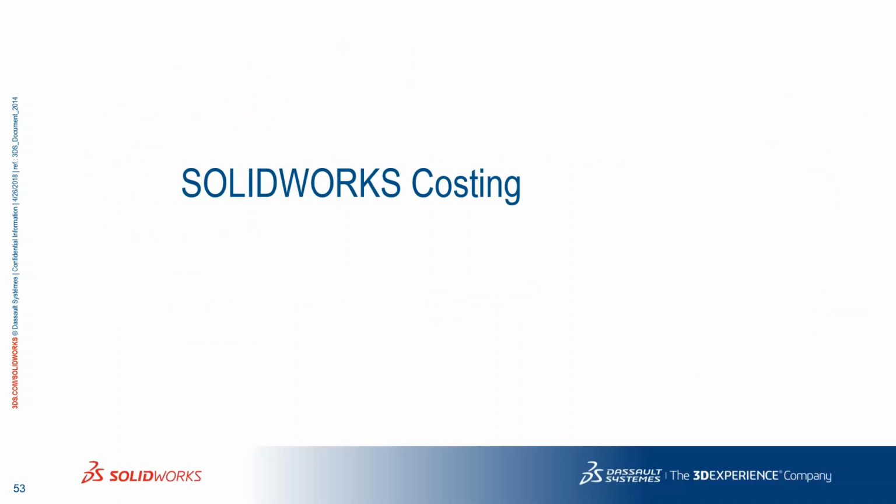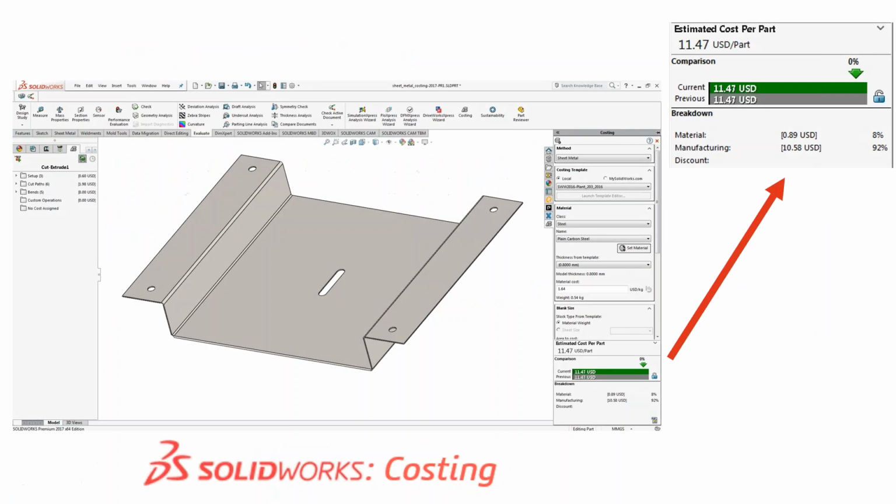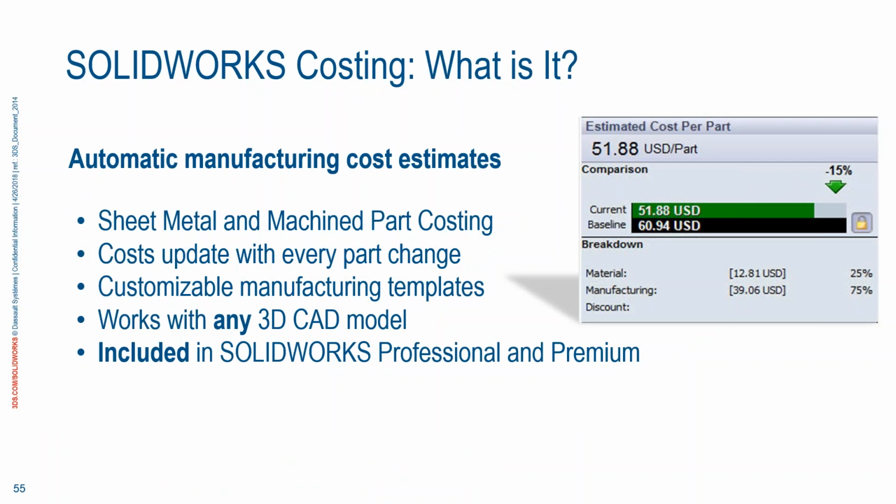Now, I also want to mention SOLIDWORKS Costing. That could be a tool before you are sending or approving your part for manufacturing, to get an idea of how much your part will cost to manufacture. Now, you need to put in some values here and have contact with your local suppliers to get more accurate numbers. But it is a good tool to understand if a design change will be more costly than another. Will you save some money on the operations depending on the geometry? And this comes with all SOLIDWORKS Professional and SOLIDWORKS Premium. So have a look at it. And sheet metal is really good for this